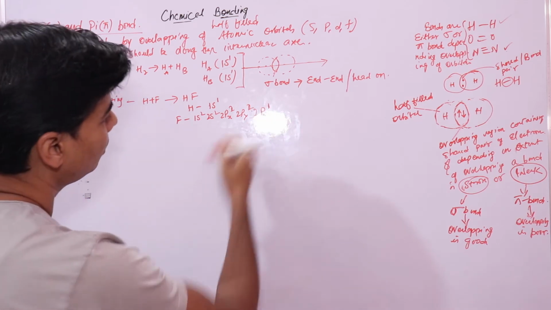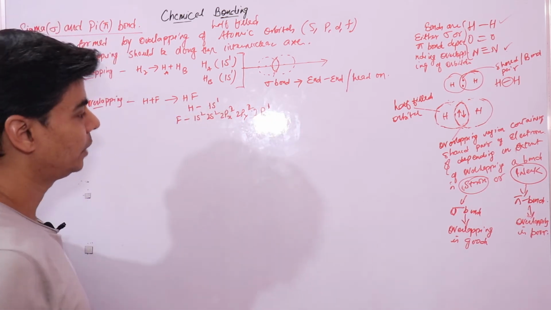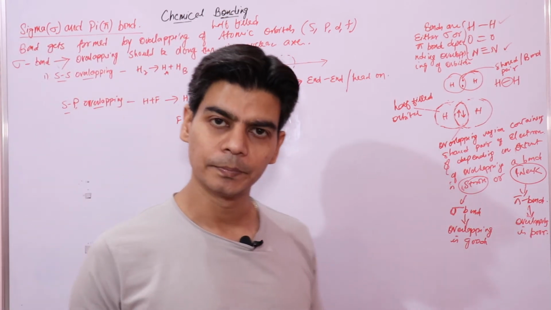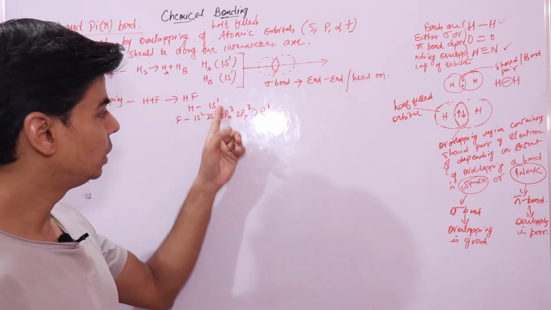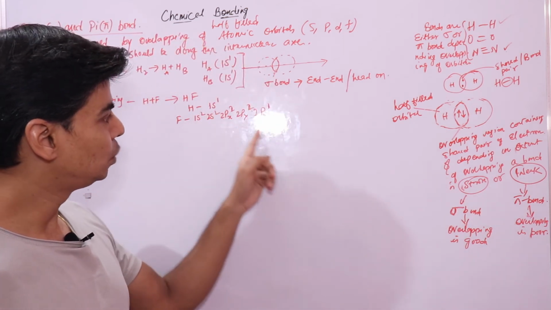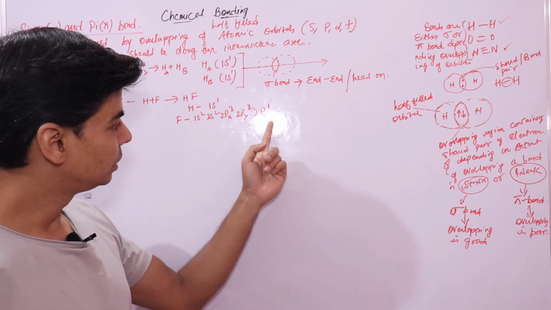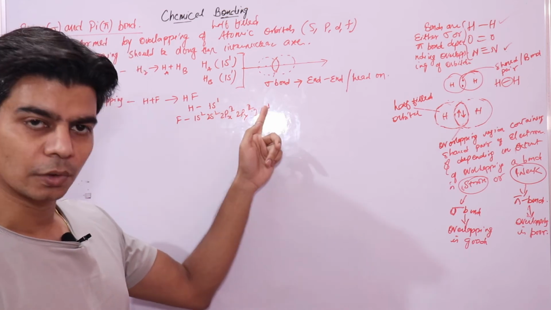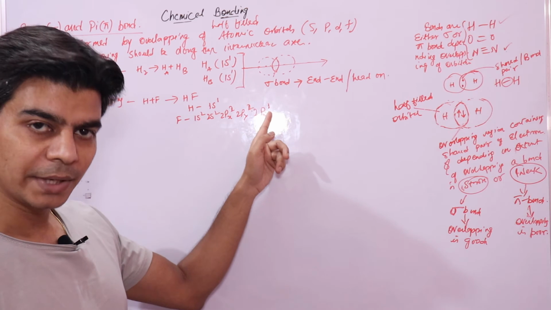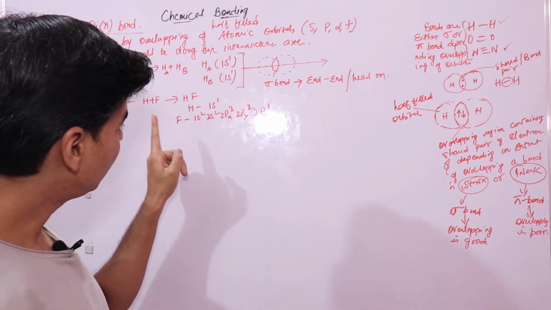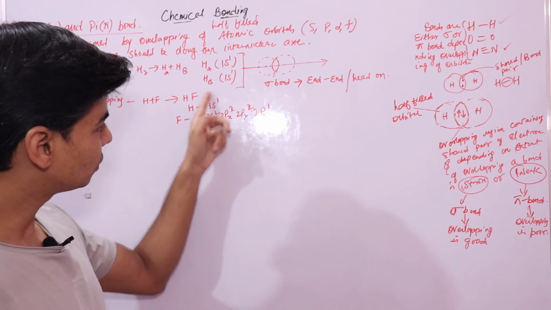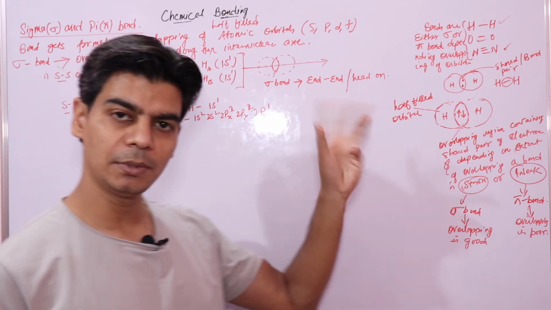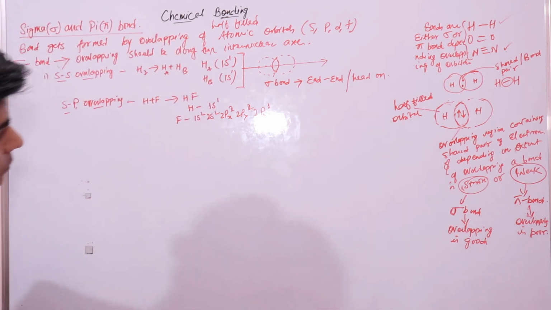So the p orbital will overlap with the s orbital when hydrogen and fluorine come close to one another in order to form a covalent bond. Because hydrogen will try to complete 2 electrons and fluorine will try to complete its 2pz orbital. So this and this orbital will overlap to share their 1 electron. Now this electron pair belongs to both hydrogen and fluorine, to the hydrogen 1s orbital and the 2pz orbital of fluorine. So it's a kind of common property that belongs to both the atoms.